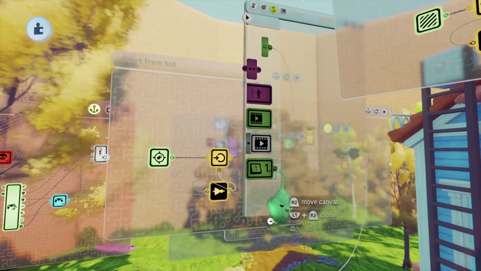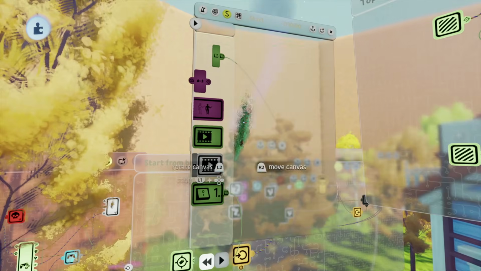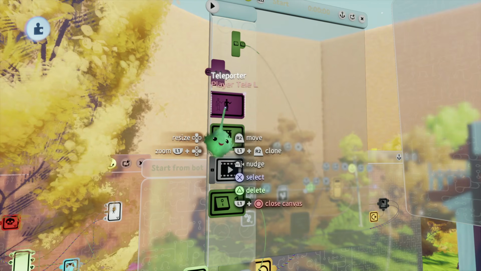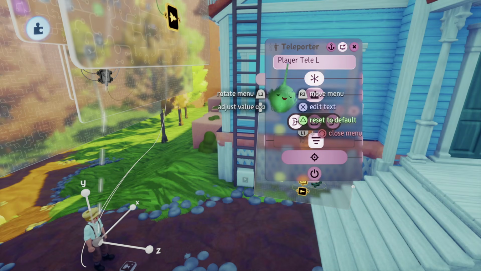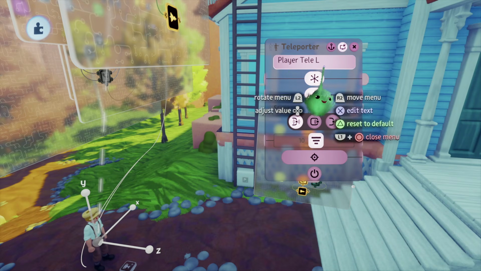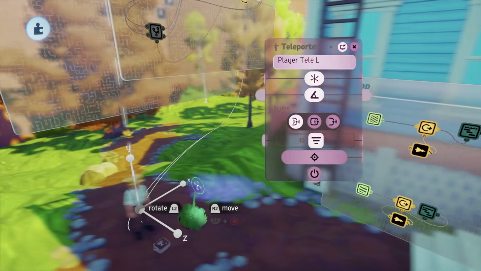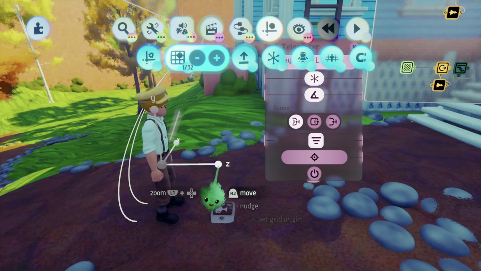And what is in our timeline? Very simple. We have a teleporter, which will only be active during this duration, a teleporter layer labeled Player Tele L. It's set to match target orientation. So basically, depending on how you've got this teleporter oriented,